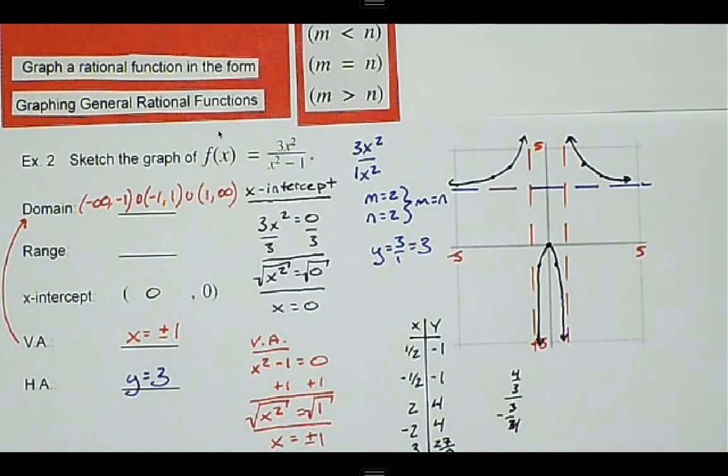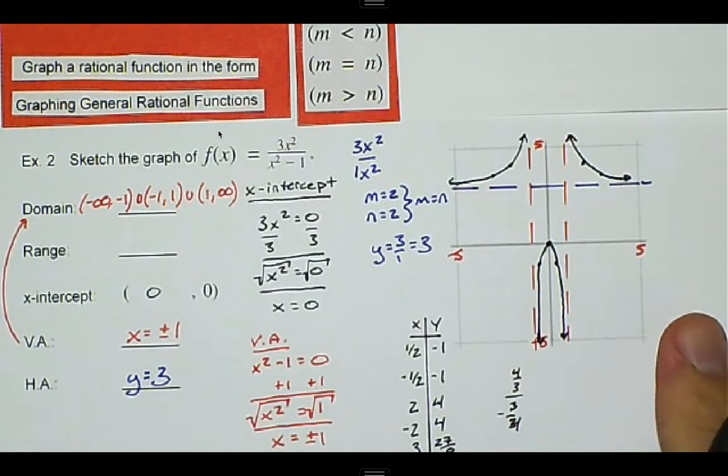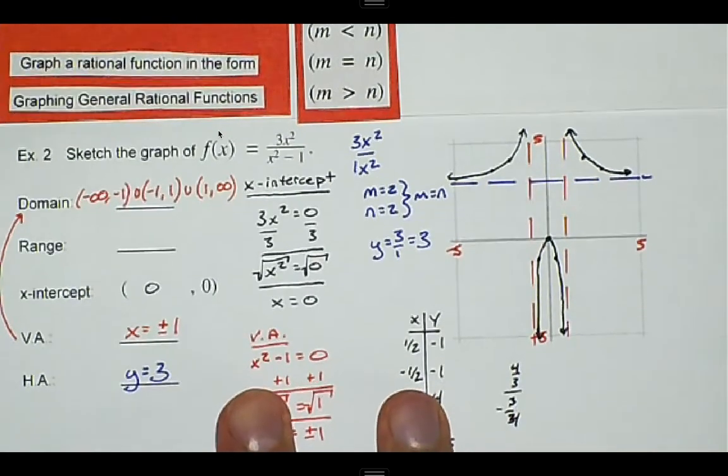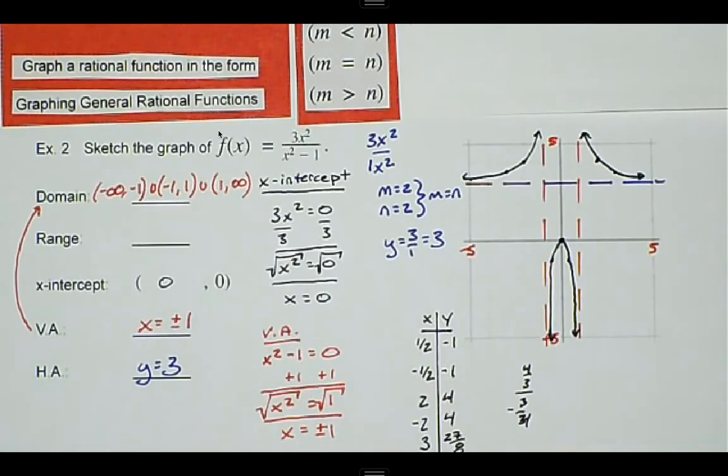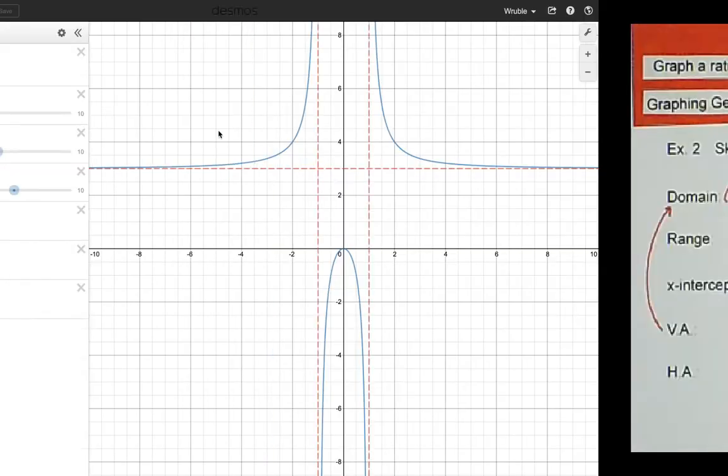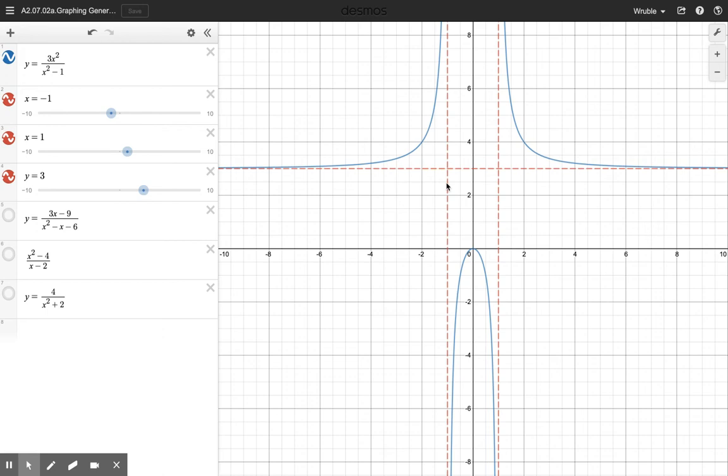We don't have to get a lot of points, because once we have our asymptotes, that will be key, and then with a couple of points we'll be able to do a good job of graphing once we get used to it. So here's the graph, and we have our asymptotes at x equals -1 and x equals 1, and then we have a horizontal asymptote at y is equal to 3, and then we can see our graphs that we